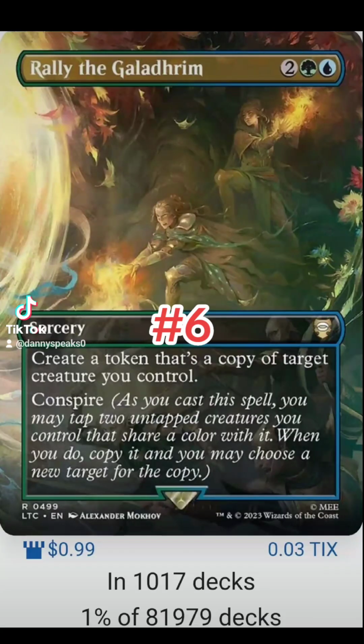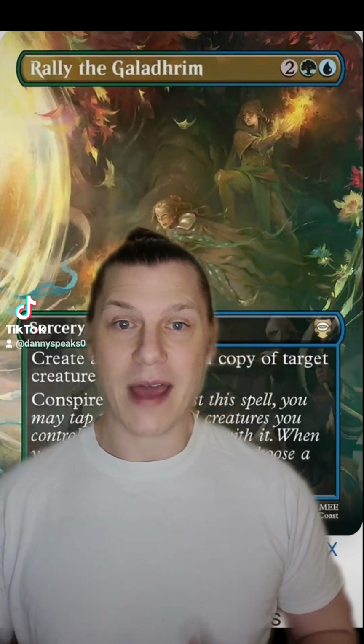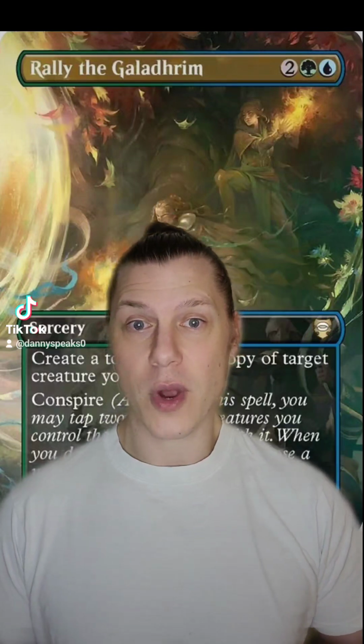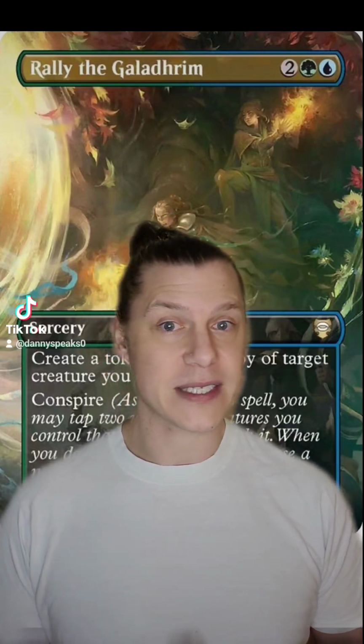For 2 green and blue, we get a sorcery. Create a token that's a copy of target creature you control. Conspire. Rally the Galadrim is sweet. It does come with the downside of having to target the creature that you want to make a copy of, but Conspire is a cast trigger, so you get to make that copy regardless of if this spell gets countered,